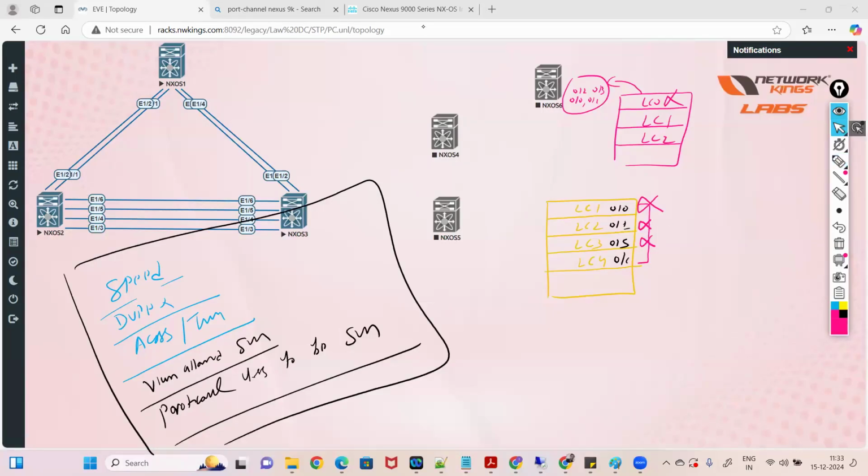Is that clear? But in that case, you have an interface in the port channel from every LC, no? That is possible, yeah. Not every LC, though. This is LC number 5, and I cannot add any port from LC 5. That's fine, I don't have a requirement. Okay, but this is a good thing that you can do. I'm telling you, out of the 10,